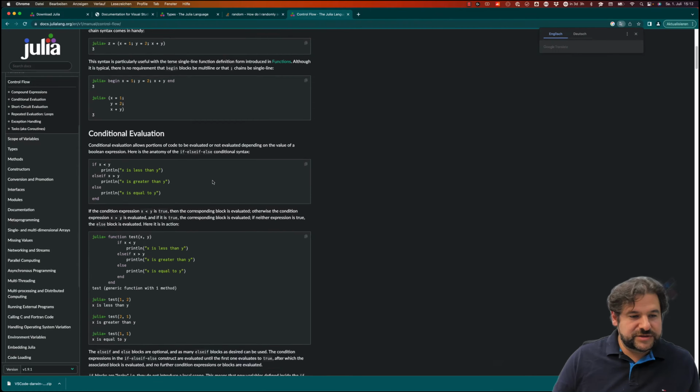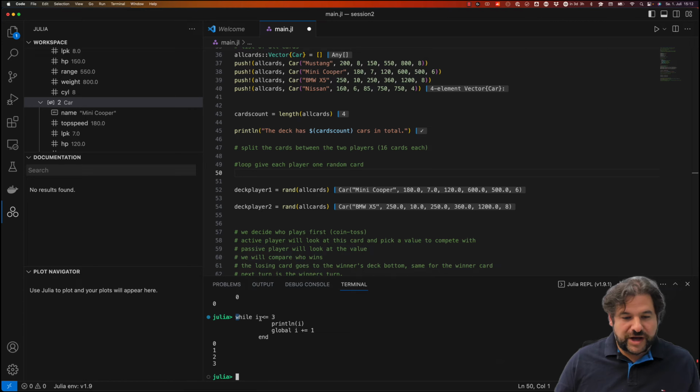Let's zoom in and you will see this. While i is smaller than 3, println i and global i plus 1. Let's see if I do this down here. You will see i is not defined. Okay, I forgot the first one. And now it basically says 0, 1, 2, 3. And so while the i value is smaller than 3, it will print the i value and then increase the